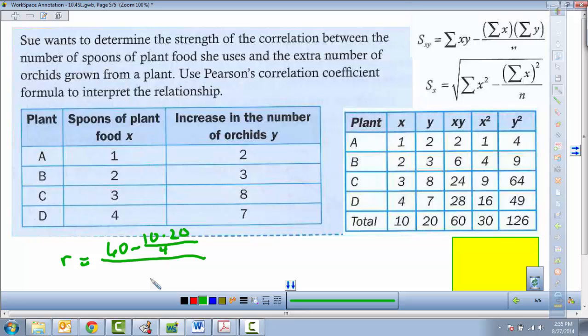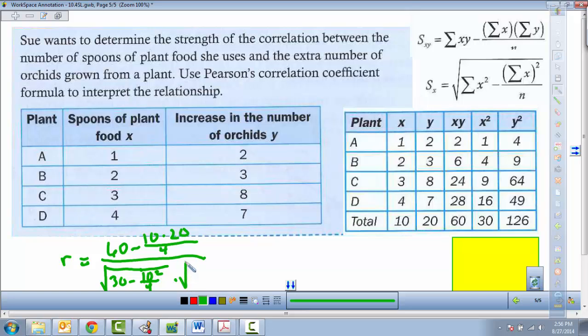And then on the bottom we have S sub x and S sub y. So it's going to be the square root of sum of the x squareds, that would be 30, minus sum of the x's squared, so 10 squared, divided by n, which again is 4,